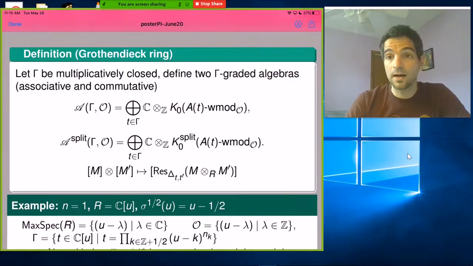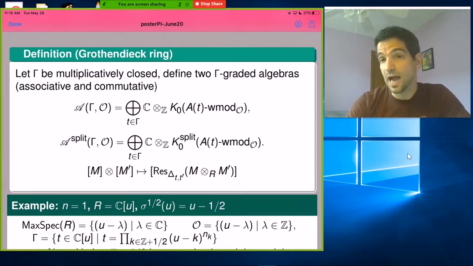So now this operation of taking a tensor product of two modules and obtaining a module for another TGWA gives us an operation on Grothendieck groups. So what we can do is that we can work with weight modules. We take the category of weight modules for TGWAs. We take the Grothendieck group of that category, and then we take the sum of all the Grothendieck groups over all different possibilities of parameter t. This is why we call this family of all the A_t with varying t